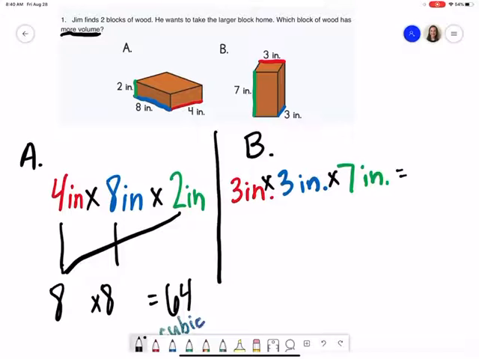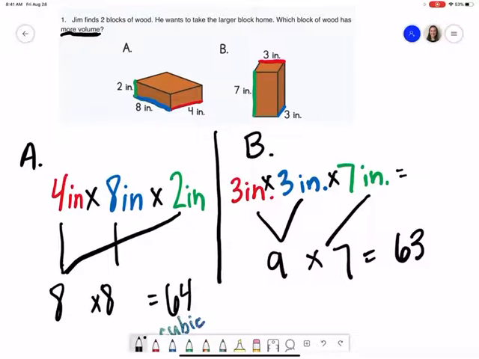Okay, so let's do this then. 3 times 3 is 9. Times 7 is 63. I gave you guys a longer time because I know that sometimes